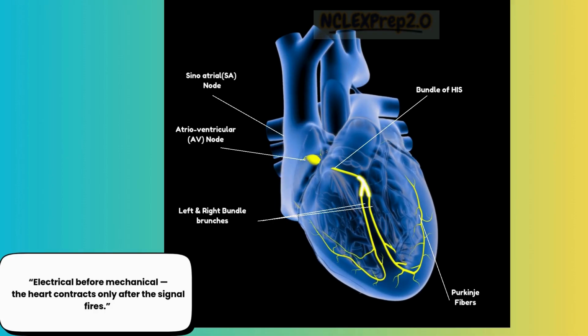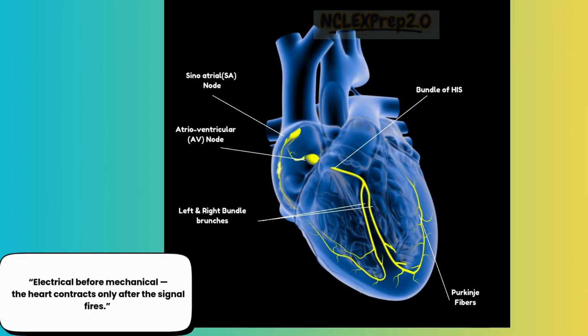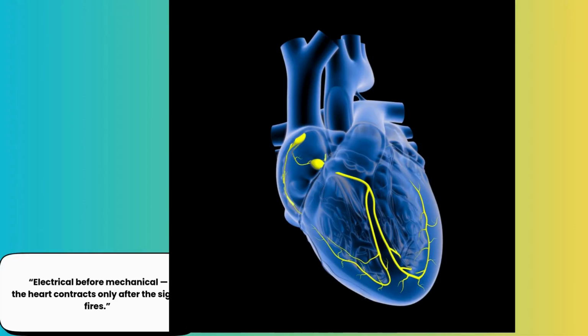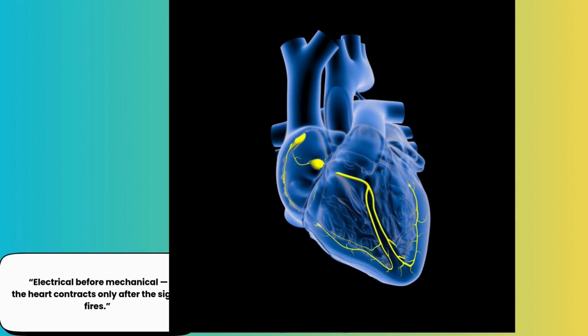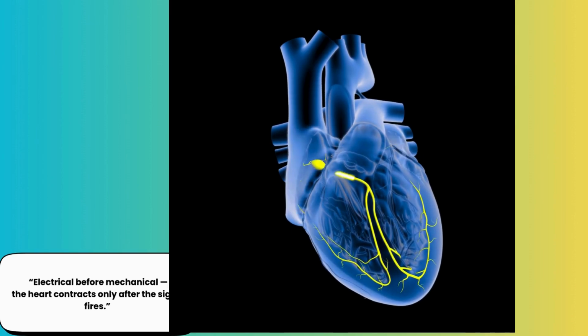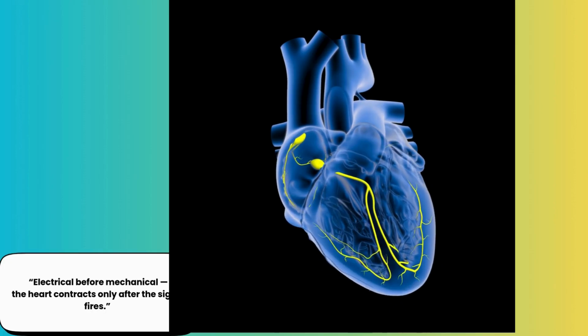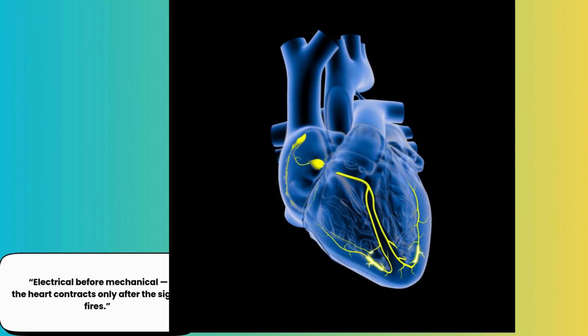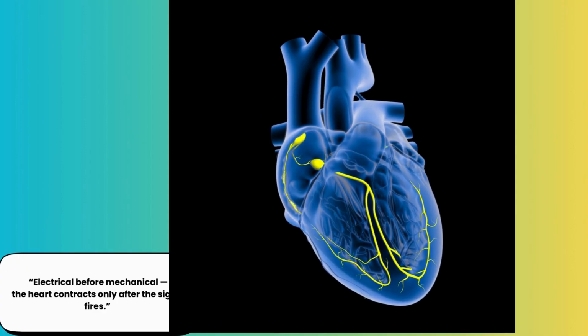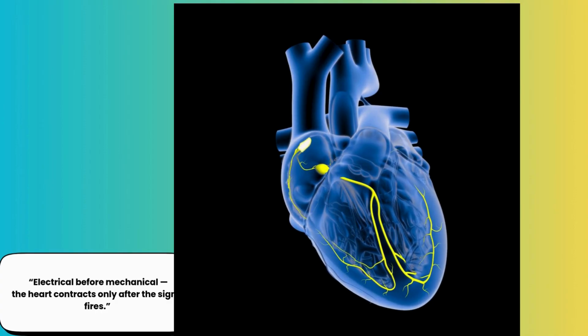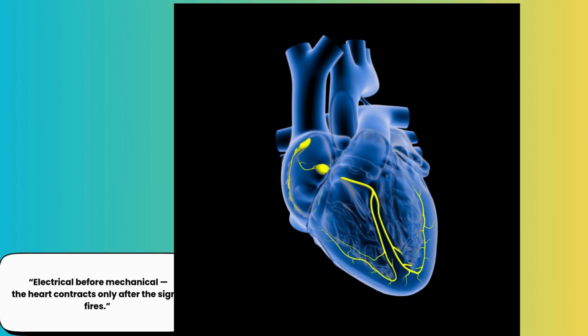The impulse then spreads across the atria, causing atrial contraction, and then travels through the atrioventricular node, or the AV node, where it briefly slows down for about 0.12 to 0.20 seconds, just to allow the ventricles time to relax and fill. From the AV node, the signal moves into the bundle of His, then splits into the right and left bundle branches, which carry the impulse down the interventricular septum. Finally, the signal reaches the Purkinje fibers, which rapidly distribute the impulse through the ventricles, causing a strong, coordinated ventricular